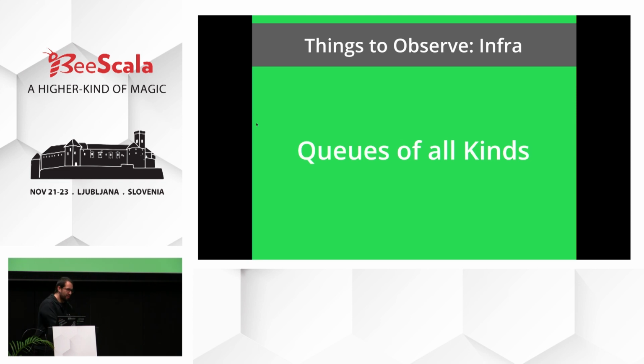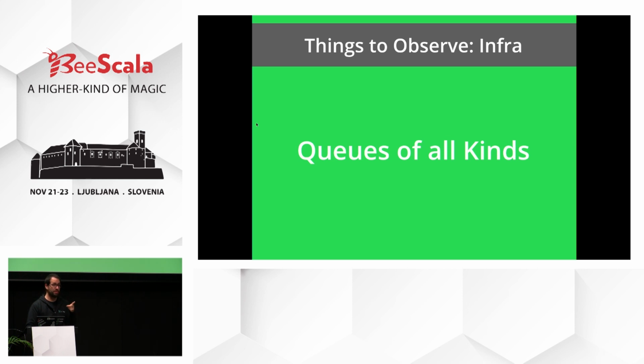And queues of all kinds. Every time there is a queue, there are two possibilities. The queue is bounded, and when it reaches the amount of data that you can put there, it will either wait or drop things from getting into the queue, and that's something that you should care about. And if the queue is unbounded, it could simply grow until you get the out-of-memory error that we saw at the beginning. So every time you have a queue, you should be able to know: is this queue healthy or not?